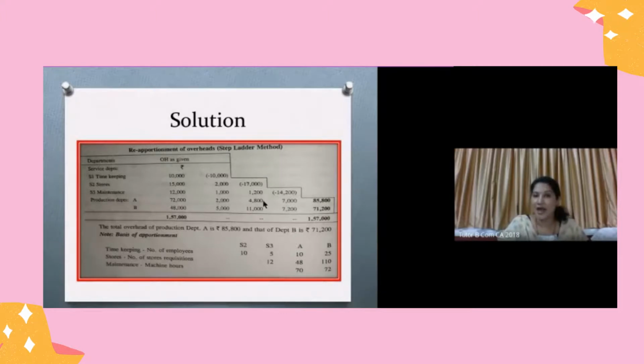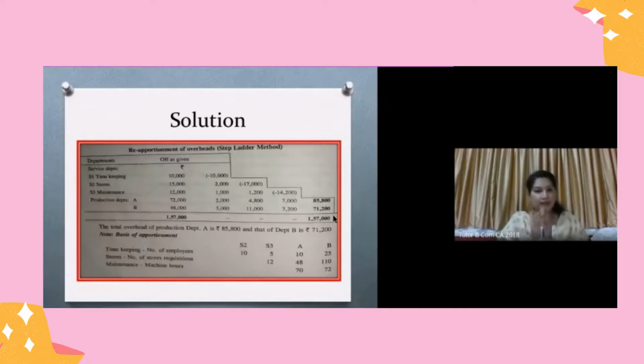Now we are just adding to find out the total of production department A and B, that is put in bold. So now all the expense of service department be nullified. What is left is only with respect to production A and production B. Okay, some of you still will be confused, so I'm going to repeat it once more. Just listen to me very carefully. Then later when you do, it will be very clear for you.